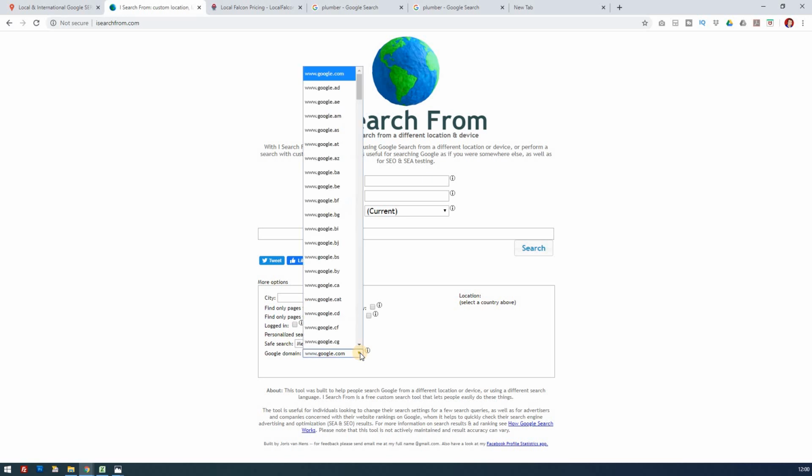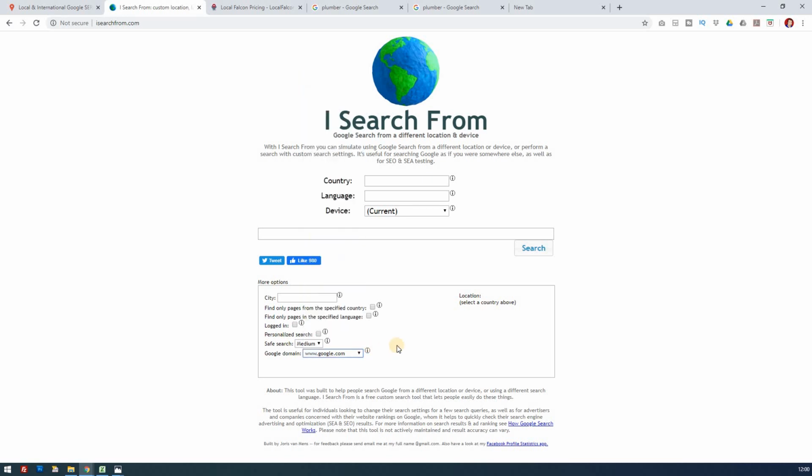It's got a lot more functionality. You can choose which country domains of Google you want it to appear in as well. So there's quite a lot of little tweaking you can do here if you want to do some testing on where you appear, simulating Google search in different parts of the world. It's mainly for seeing how you appear in various other areas of the world. So that's a really useful search tool called